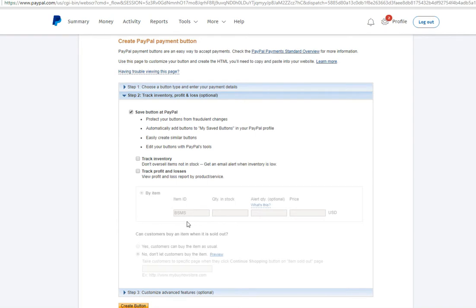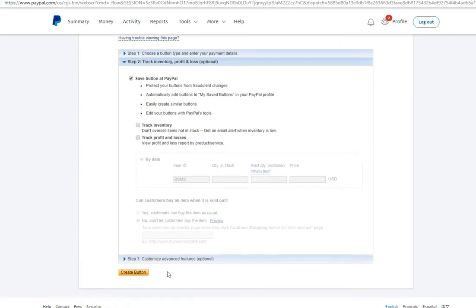So let's say you only had capacity for a certain number of people, and you don't want to oversell. Then you would just put the number of stock you have in. If you only had 10 slots or 20, whatever it is, you just put it in here. But again, I don't usually use tracking inventory. And then I just go to